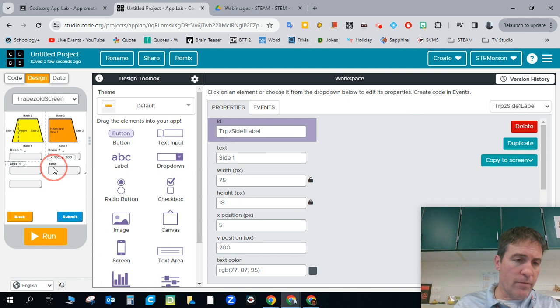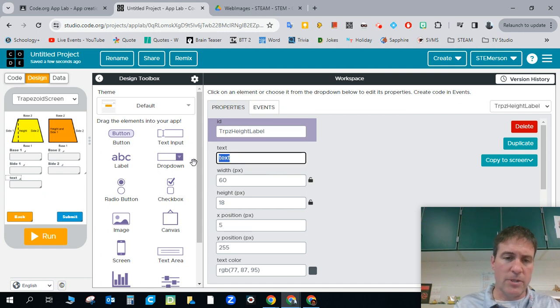Another one. I feel like I'm doing the same thing over and over again. And this is trapezoid side 2 label. And the text will say side 2. One last label. Anybody got a guess what this one's going to be? Trapezoid height label. And the text will say height. Okay. We're in good shape. We've got all of our input boxes, and we've got labels for each of those input